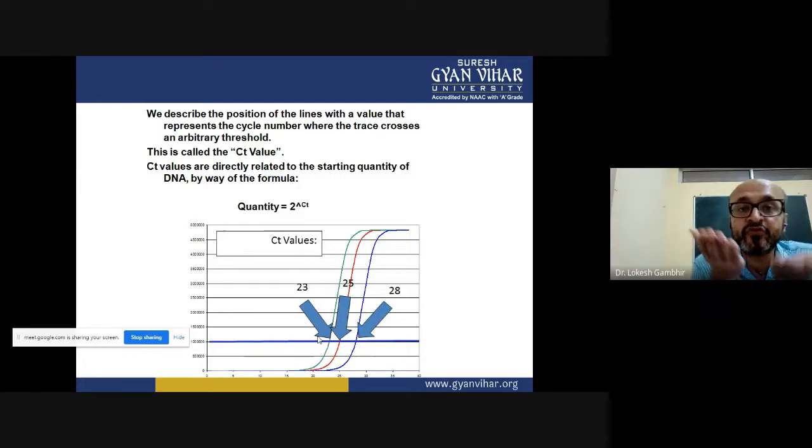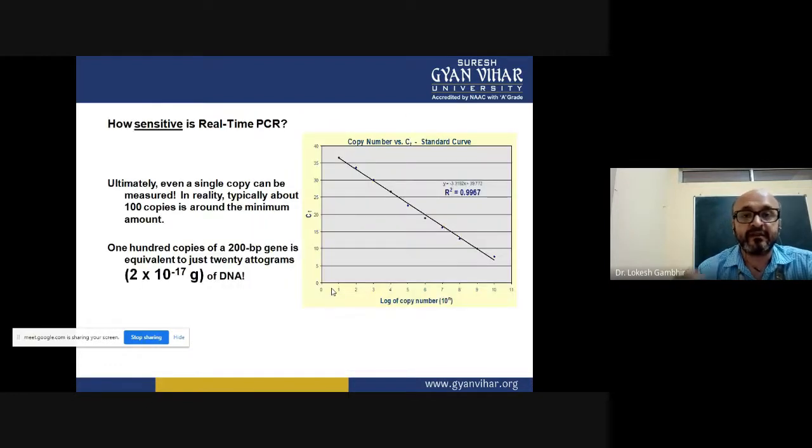So if I have two samples, one is severely affected and contains high viral load, another one is lightly affected and contains low viral load. If I put both of them to RT-PCR, what I'll see is that the amplification of the severe load has a much lower CT value, and it has reached amplification at a faster time compared to the other one which has low viral load. And this is why we say, lower the CT value, higher the concentration of pathogen. That is how the CT value is determined.